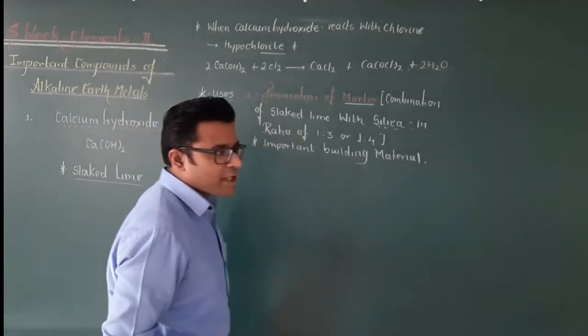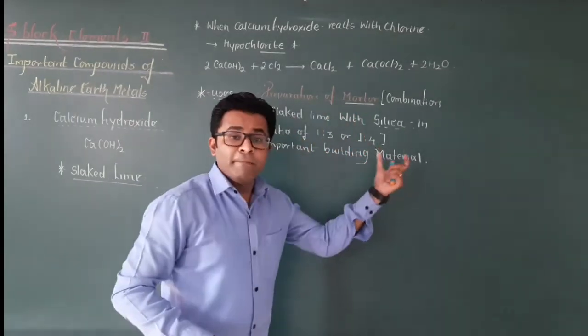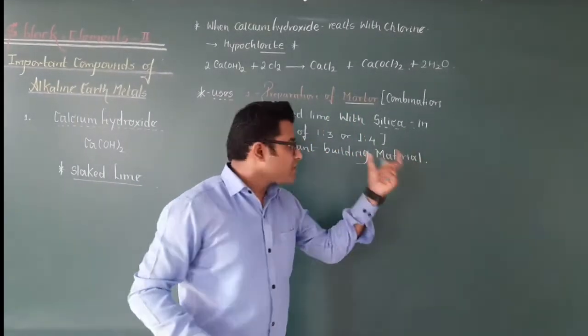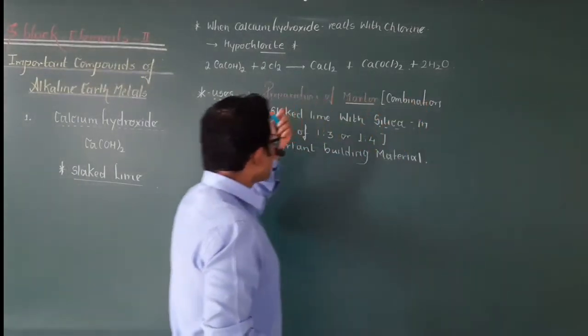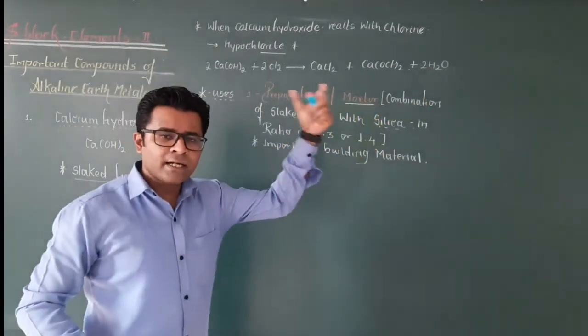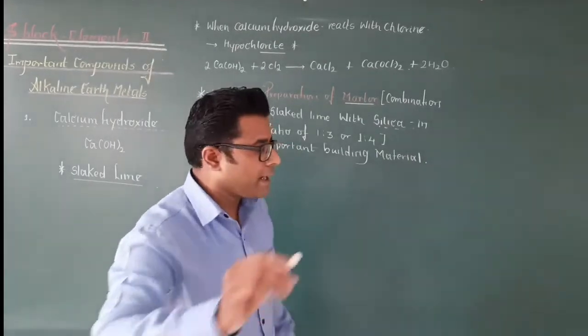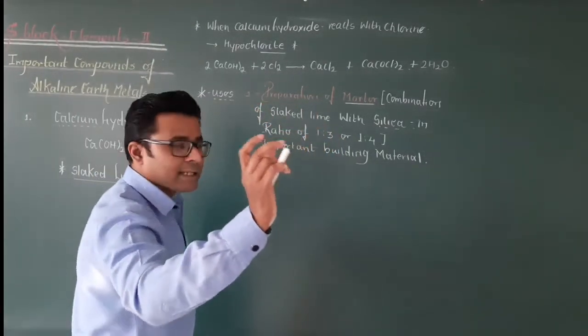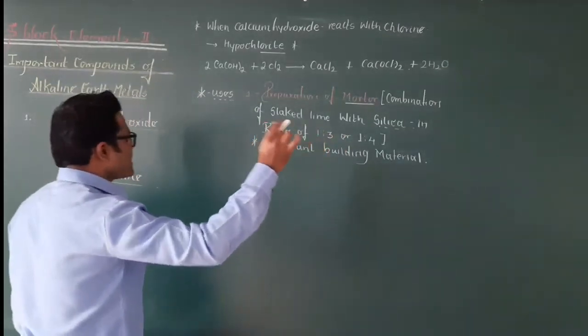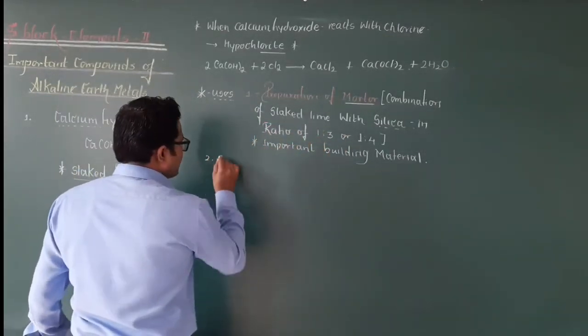So preparation of mortar is used in building materials. So therefore, how is it prepared? It is prepared by a combination of slaked lime with silica in a ratio of 1:3 or 1:4. Okay, so now coming forward with the next use, and that is going to be, it is used